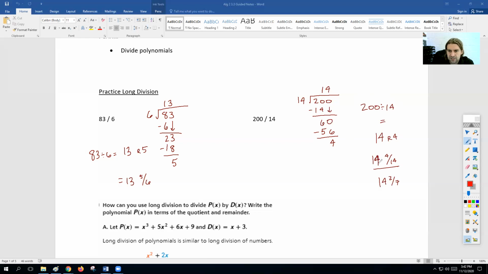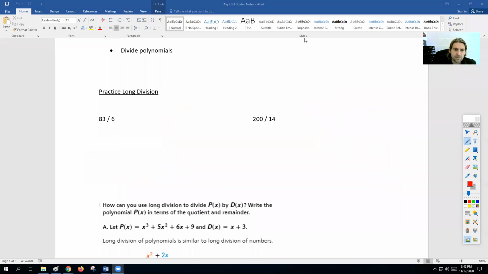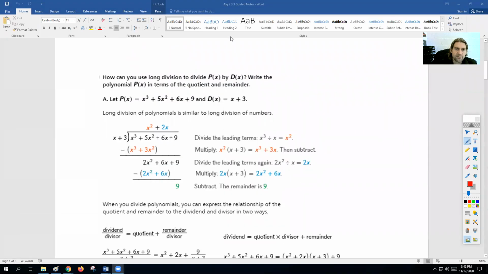So if we look at this expression here, we got the quotient, and then the remainder is what's left over down here, over the divisor as a fraction. So we're going to do the same thing, but with polynomials now. When it comes to dividing polynomials, we are going to be looking at each term individually. They line this up a little bit differently than I do, but if we're going to take x cubed plus 5x squared plus 6x plus 9, and we're going to divide it by x plus 3, what we're always going to be doing here, and this is what I would recommend doing,